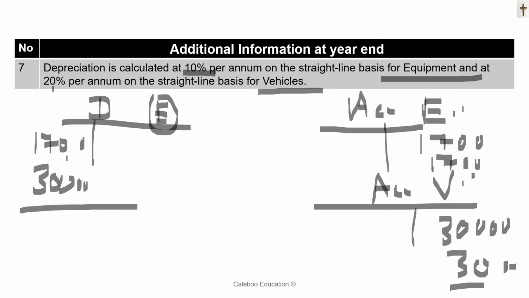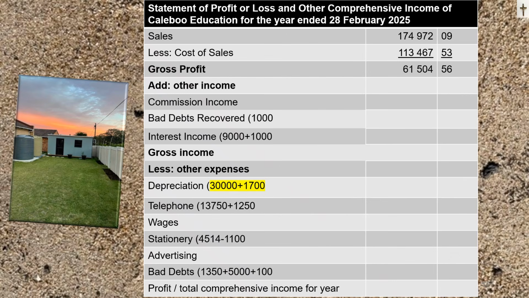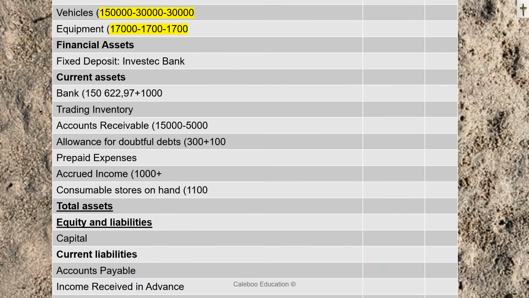You do those calculations, easy. Now you see the depreciation for the current year is 30,000 plus 1,700. Depreciation starts off every year with a 0 balance. The accumulated depreciation